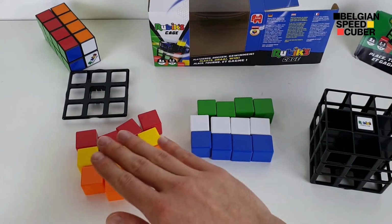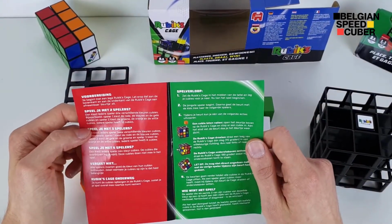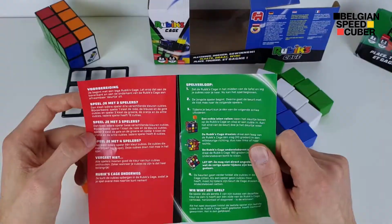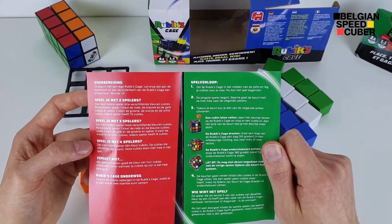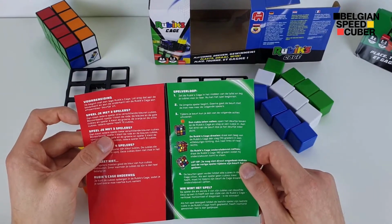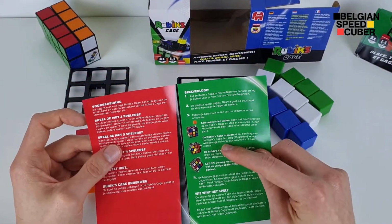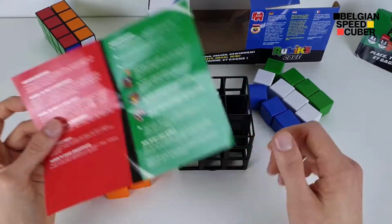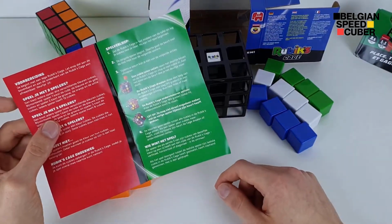So this is for player 1, player 2, and what you have to do is you put the Rubik's cage at the center of the table. The youngest player can begin. What you can do are 3 options. You can drop a cubie in the cage, or you can turn the cage 90 degrees, or you can turn the cage upside down, which flips the cubies,